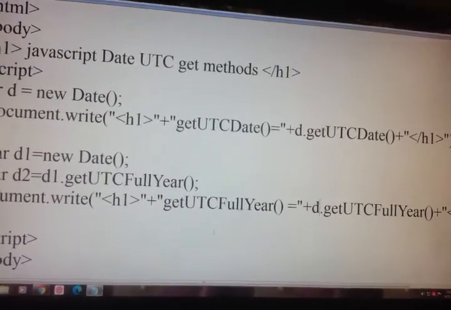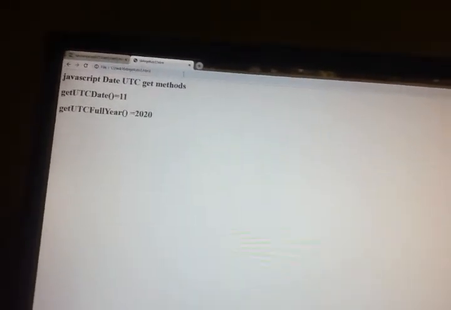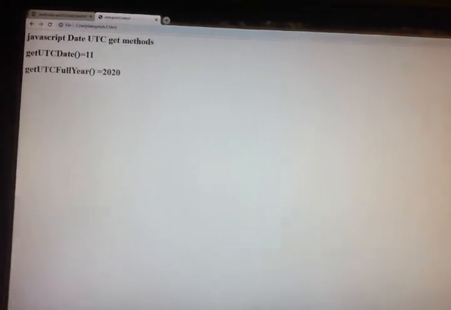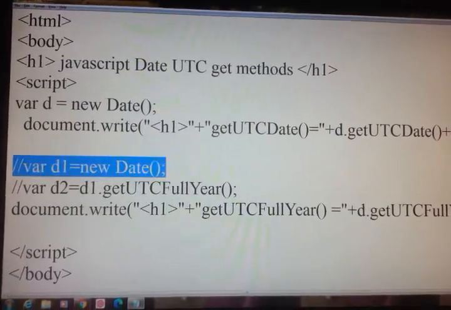Ctrl S, and just save it. Then we'll go to the browser again and re-execute. Yes, I got the output. So we'll remove the unnecessary extra variables.